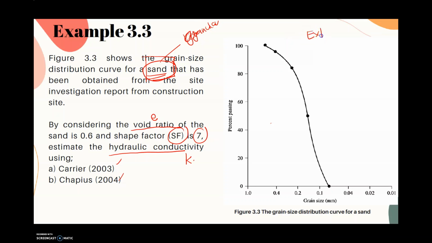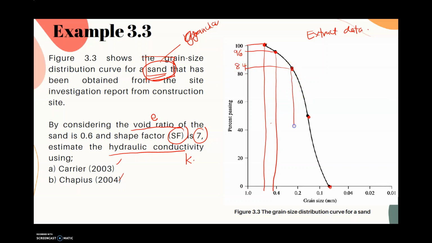The first step when we get this type of question or example is you need to extract all the data. How do you extract all the data? By referring to these points, which are the sieve sizes you used during the lab session. The first one is for 100%, so you will get this size. And then for 96, you get here. Then this one may be 84, you get maybe here. And then this one, percentage passing is 50, you will get here, and then 0% passing is at